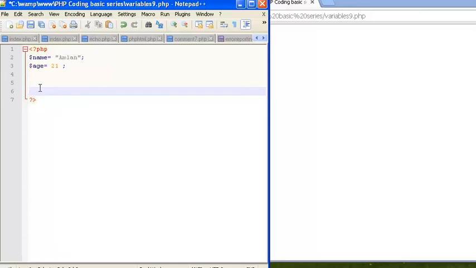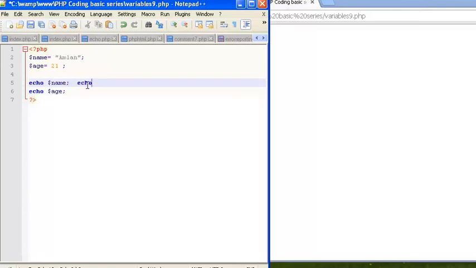As soon as the server side compiling takes place, PHP automatically takes into account the variable value and assigns integer to integer, string to string. As soon as it sees that the value is within quotes, it understands that the data type is a string. As soon as it sees that there are no quotes, it understands that it is an integer. So let's do one thing. Let's try and echo this out. We can echo out our variable name, and then we can echo out our variable age.